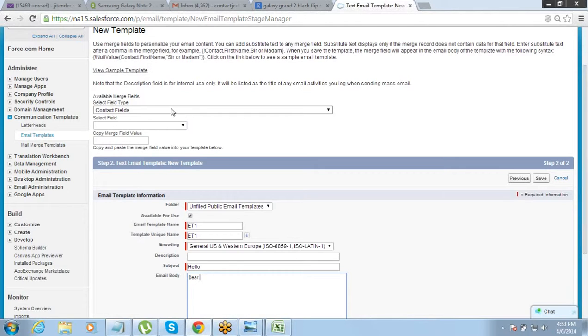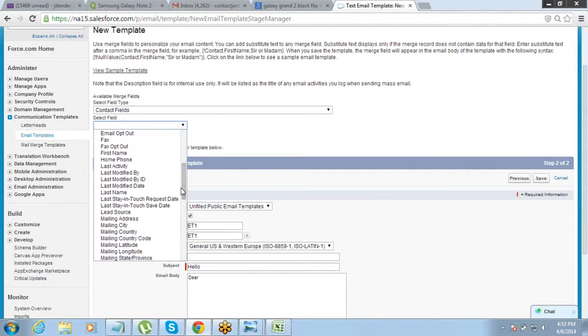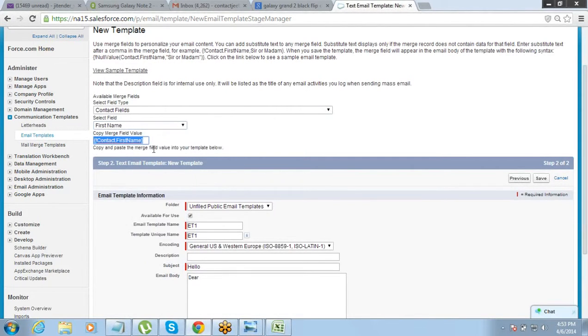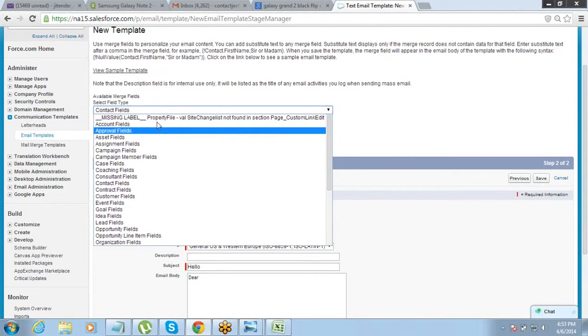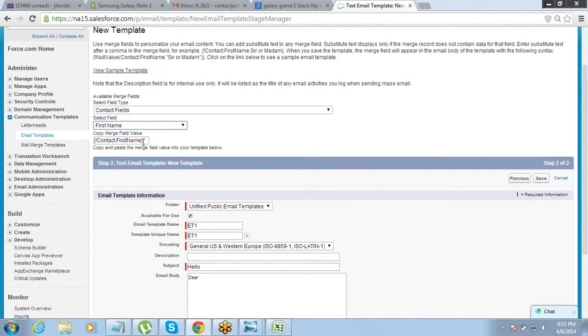At the top you have available merge fields. You will just select the object and the field and it will do the rest of the thing for you. So I want to put first name, Contact's First Name. Come to the third column, copy this entire stuff and paste it here.